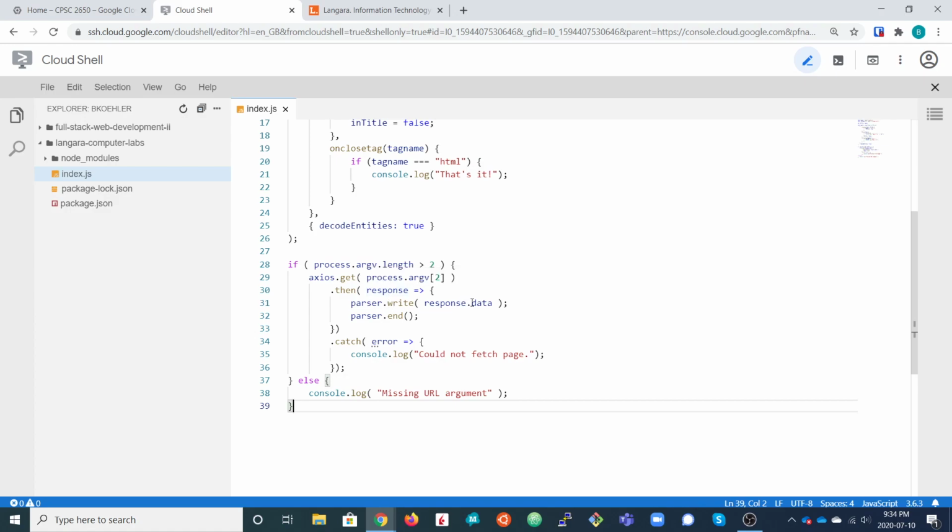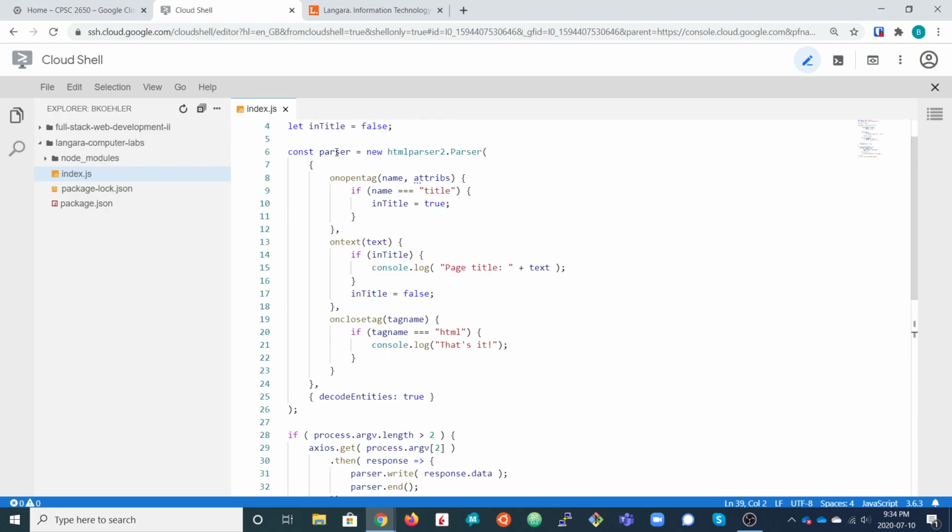That response object has a data property which contains the content of that page, so the HTML markup for that page. If that succeeds and we have that content, then we are going to invoke a couple of methods on the parser. Up here we just constructed the parser object, but we're not actually doing any parsing yet.